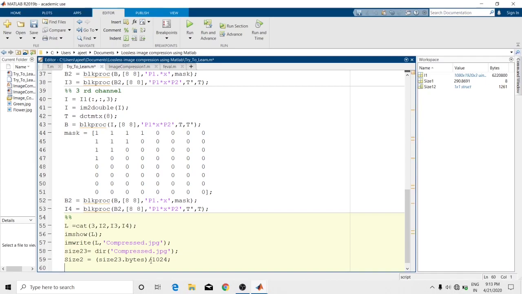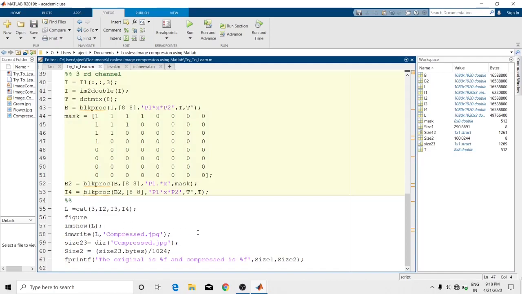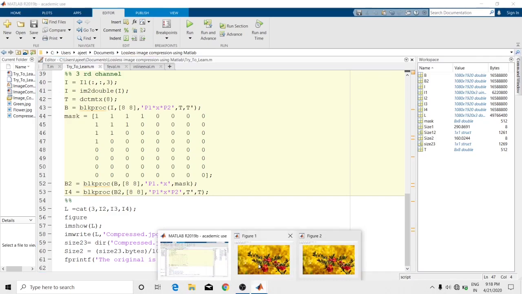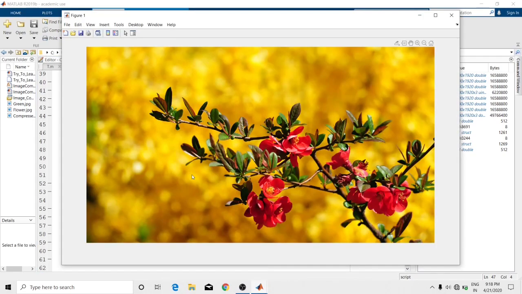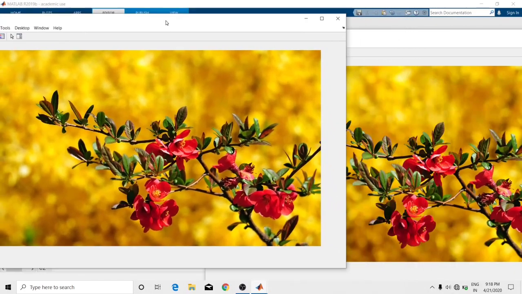To print, I can use the fprintf function. Save and run this program. Now let us see what is the output of our program. Okay, so this is our original picture, and another picture, this is figure 2, and this is our compressed picture. You can see visually there is almost no difference between these two images, means quality wise they are almost the same.